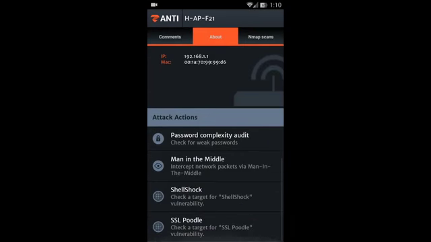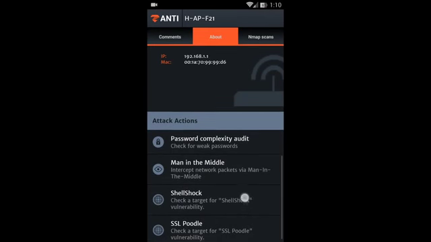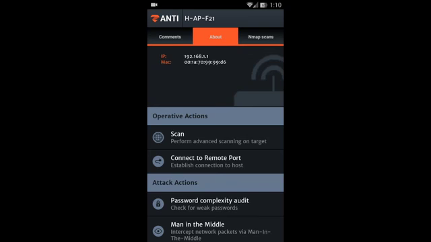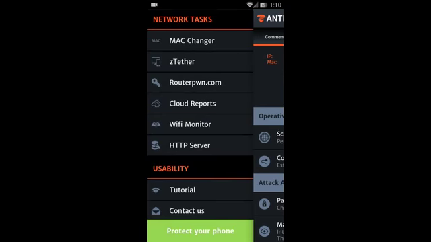Let's go back, and as you can see, we have these two options that we can check the target for Shellshock or SSL POODLE vulnerabilities. They are really good options. So let's go back,